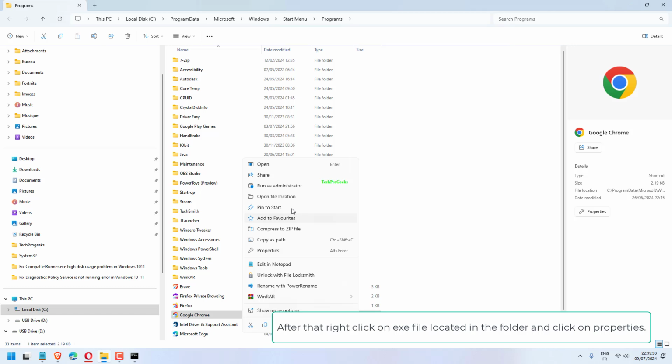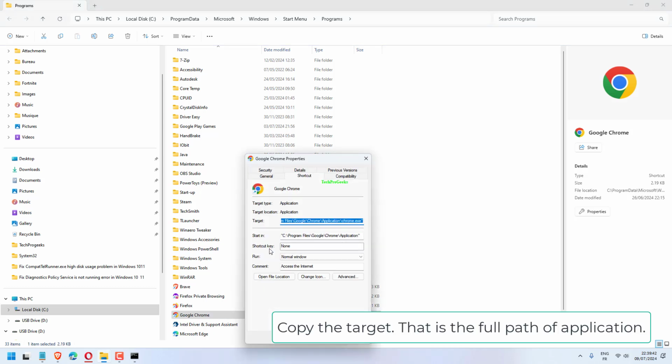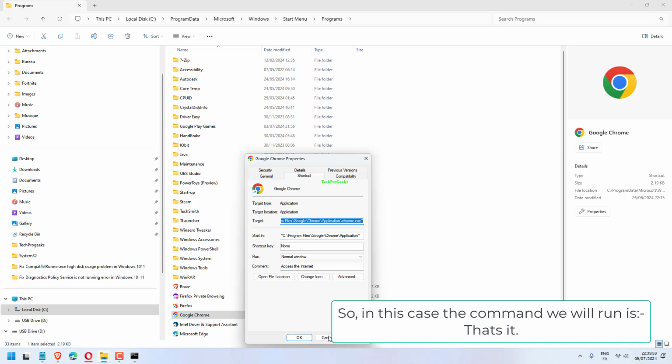After that, right-click on the exe file located in the folder and click on Properties. Copy the target. That is the full path of the application. So, in this case, the command we will run is